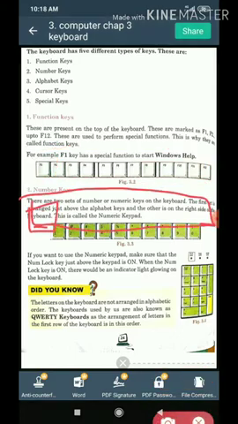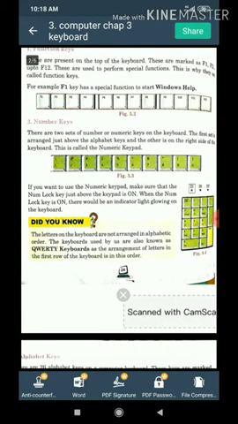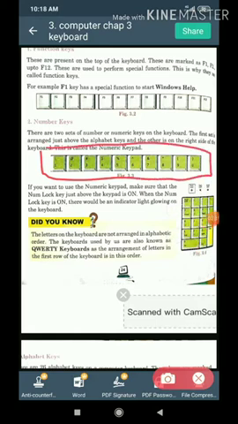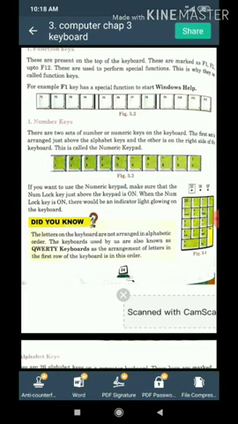Okay, now another one, number keys. Number keys is clear. Okay, from 1 to 0. Fine. From number 1, 2, 3, 4 till 0. There is no 10, there is 0. Okay, these are 2 sets of numbers. Yes, you will find them at 2 places. Okay, one below the function keys and one more set at the last of the keyboard. The first set is arranged just above the alphabet keys, and the second is on the right side of the keyboard. This is called the numeric keypad.